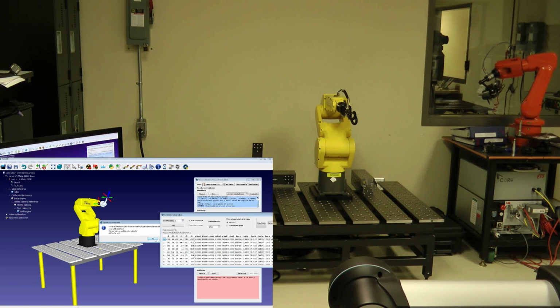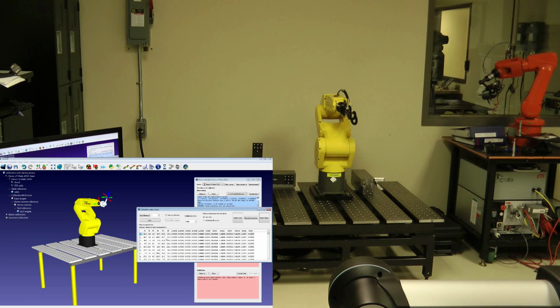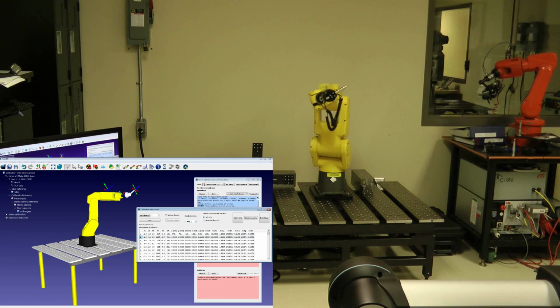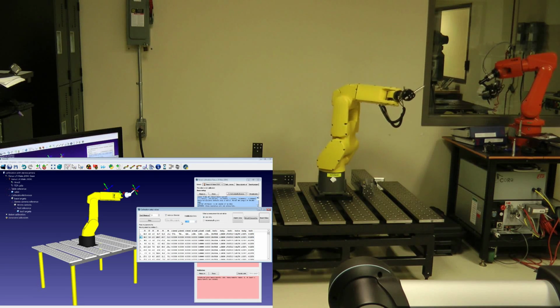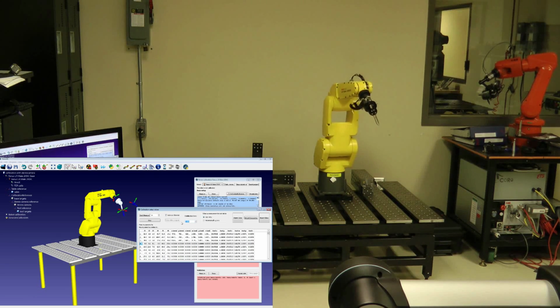The third step requires measuring 60 configurations throughout the robot workspace. These measurements are used to calibrate the robot. The calibration measurements can be generated automatically by a script that uses the RoboDK API. We can specify the robot workspace in the Cartesian space and the joint space. The script randomly generates configurations within the allowed constraints.